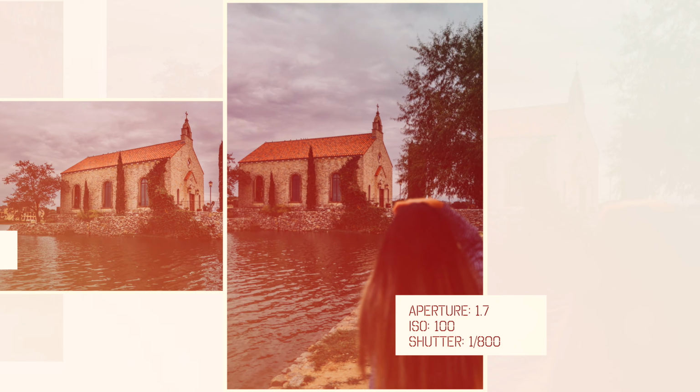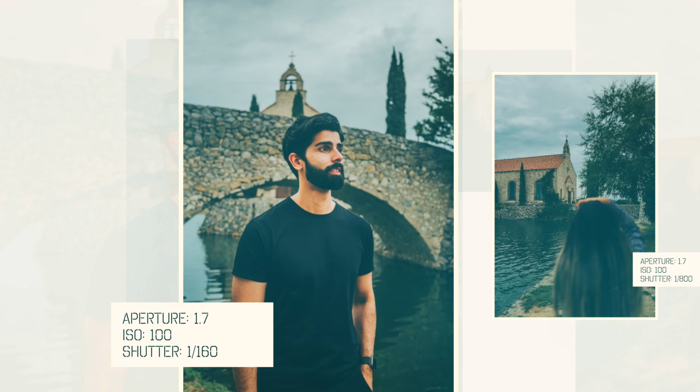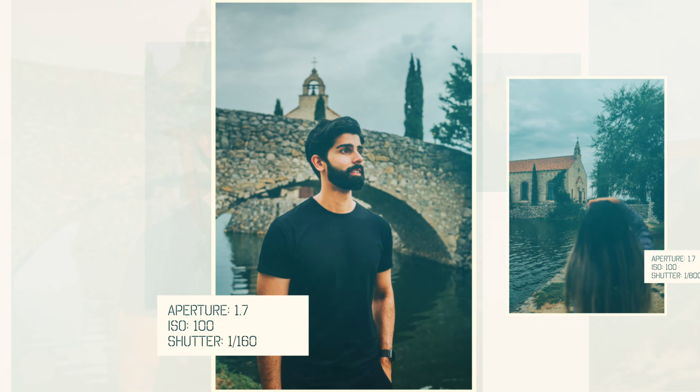This sports a 47 megapixel full frame sensor with this fixed lens of 28mm that has a maximum aperture of 1.7. If you were to buy this lens alone in the Leica world, it can run you anywhere from $4,000 to $5,000. So I almost feel like Leica packaging this lens with this body, it's kind of a steal,